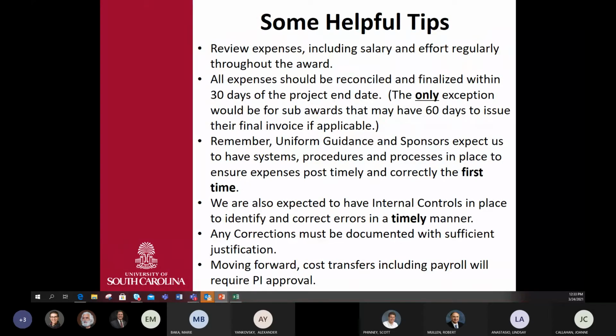Remember to review expenses, including salary and effort regularly throughout the award. Try not to wait until the very end. Again, just because of cost transfers and the expectation that expenses should be hitting correctly the first time. And remember that all expenses should be reconciled and finalized within 30 days of the project end date. And the only exception would be for any subawards that may have 60 days to issue their final invoice if